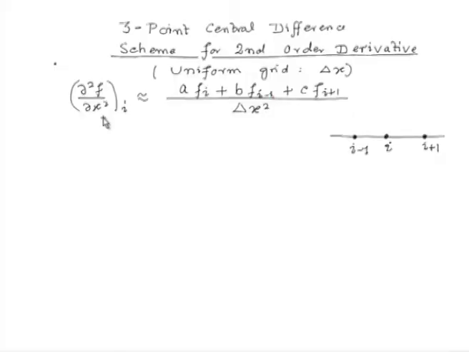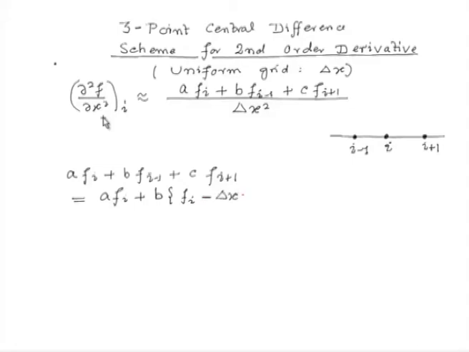Now let us substitute in this formula the values of fi minus 1 and fi plus 1 using Taylor series expansion around point xi. So if you do that, let's have a look at the numerator. That's a fi plus b fi minus 1 plus c fi plus 1. The first term remains as such, a fi. Now for b times fi minus 1, let us use Taylor series expansion. So it will be fi